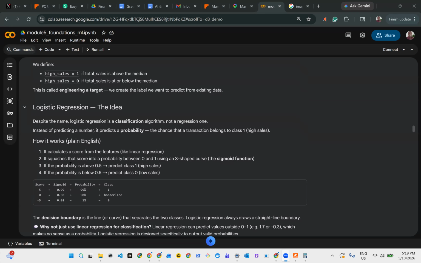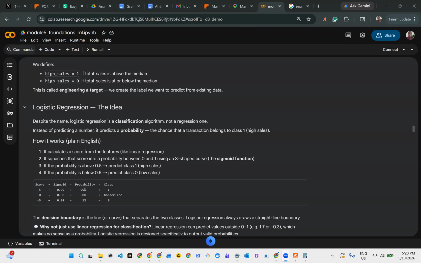Calculate a particular number. Then we use a particular sigmoid function to squash that score into a probability between 0 and 1. Instead of having like 89% or 0.89 score, we know that if we have a sigma function and we have a threshold that we have set in our sigma function, let's say if our score is greater than 50%, we want to classify it as high, and if it's less than 50%, it's low. So the sigma function is used to squash the score into a probability between 0 and 1.